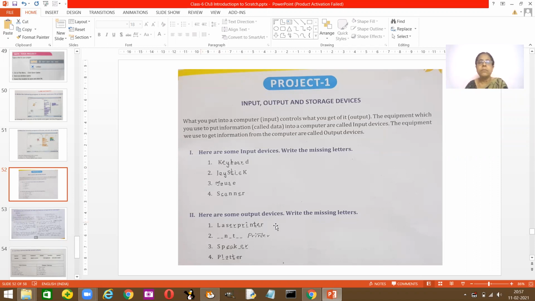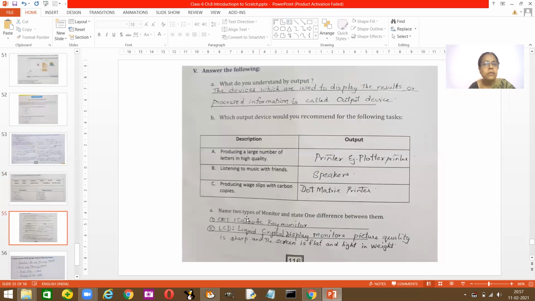Now here also some output, they've given you output devices and input devices. Not necessarily that you should have only these input and output devices. This is just an example of how you would get your paper. Okay. The output devices, like here it's given LA and dash. So it's laser printer. Then you find out some of these. Okay. Dash printer, then speaker, plotter. The next one is